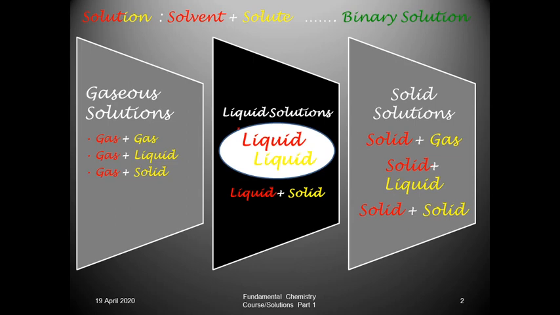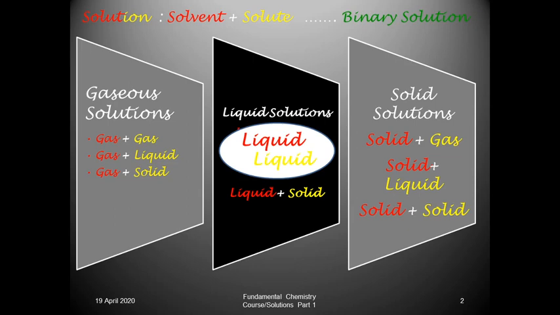This is not always the case that solvent and solute have far different concentrations. They can even have 50-50 concentration in a given solution, but generally we have the condition where one of the components is far greater in concentration and the other far lower in concentration. For example, saline water or saline. In saline, water is used as the solvent, and salt or glucose, or NaCl, is used as the solute.